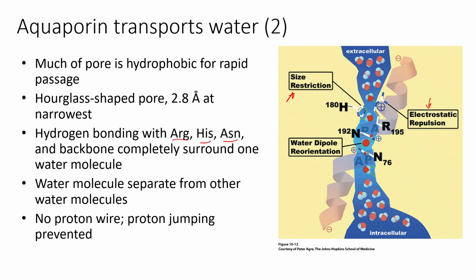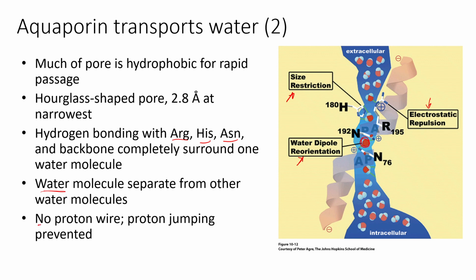And this helps to specifically pick and choose, because of the exact spacing and size, as well as the charge interactions. This allows it to be very selective for only water by arranging it in this very particular way. You can see this particular water molecule that's been separated from all the other water molecules in the area and is interacting with all of these different side chains and backbones from the amino acids that are lining the pore here. And so this helps the aquaporin to be very specific for water molecules, and it also helps it to